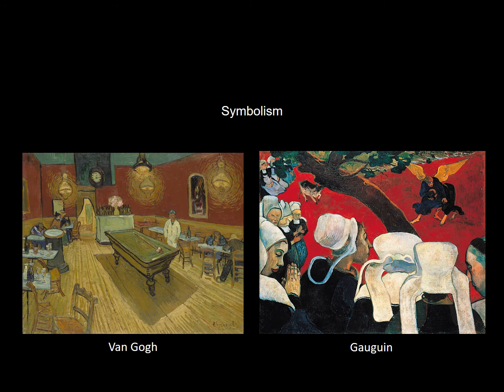So for the rest of lecture today, we're going to talk about the artists who we put under the larger umbrella of symbolism, which honestly is a very tricky period to define. It is loosely associated with a literary movement from around the same time. In 1886, the literary movement put out their Symbolist Manifesto, and they said, "In this art, the pictures of nature,